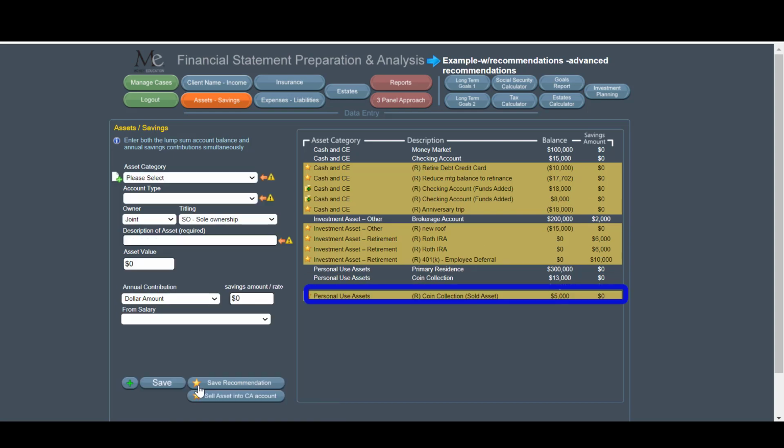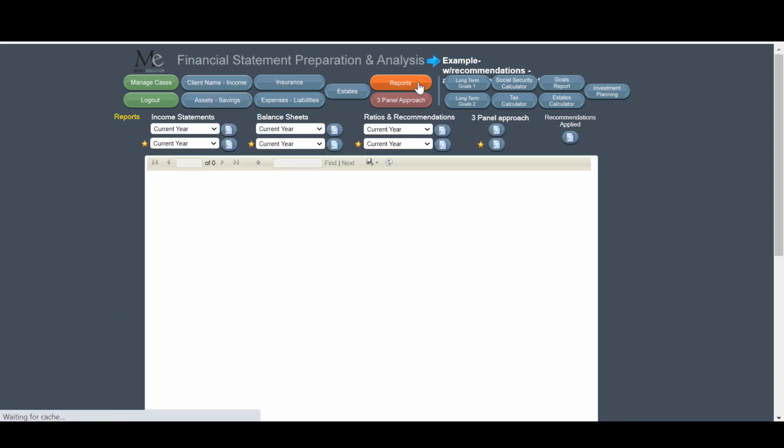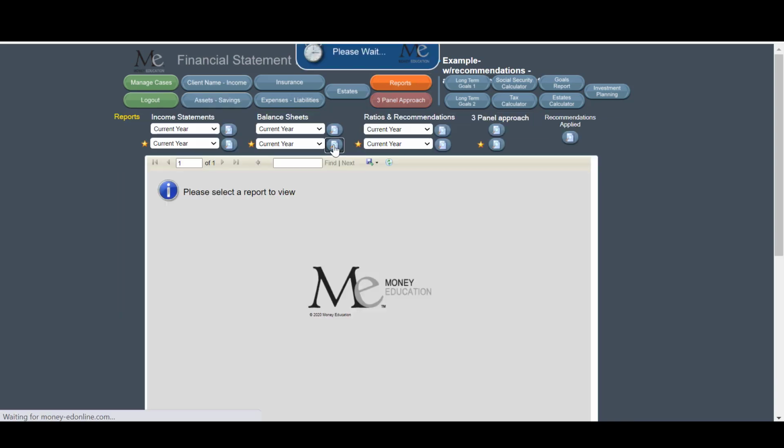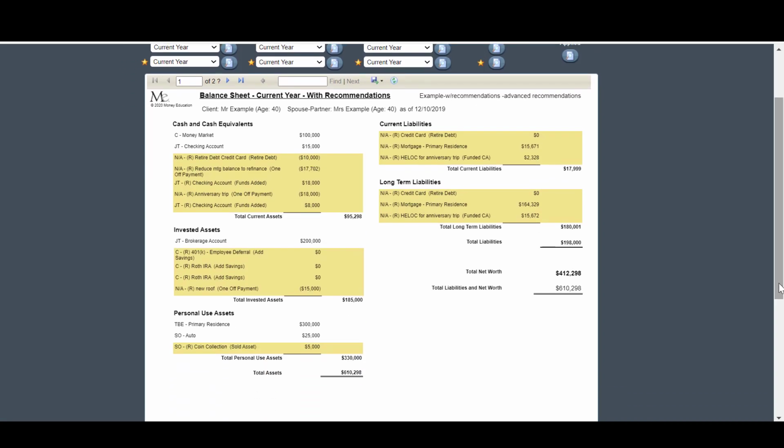On the right side, we now see the recommendation to reduce the coin collection and increase the cash account. If I go to the Reports tab and the balance sheet for the current year with recommendations, I again see the reduction in the coin collection and the increase in the cash account. Looking at the balance sheet 1 year from now with recommendations,